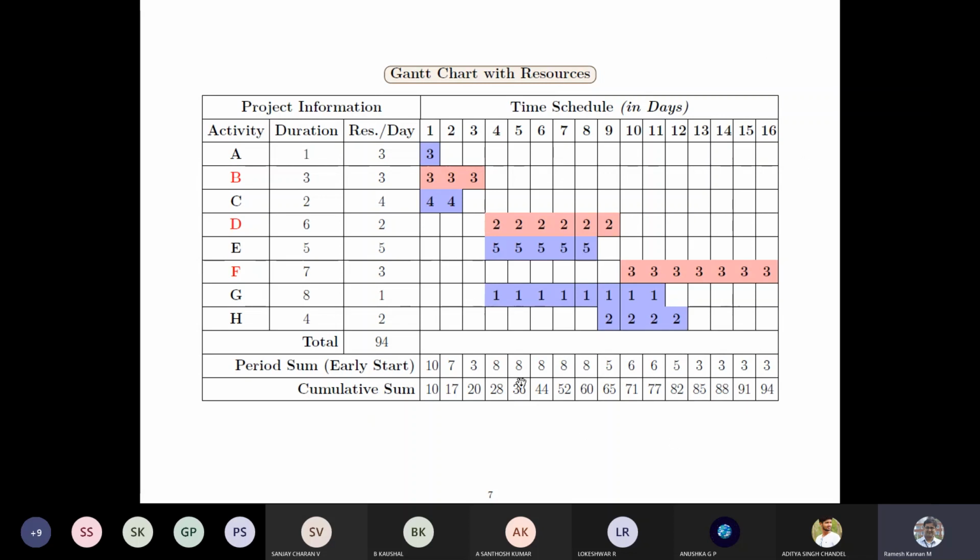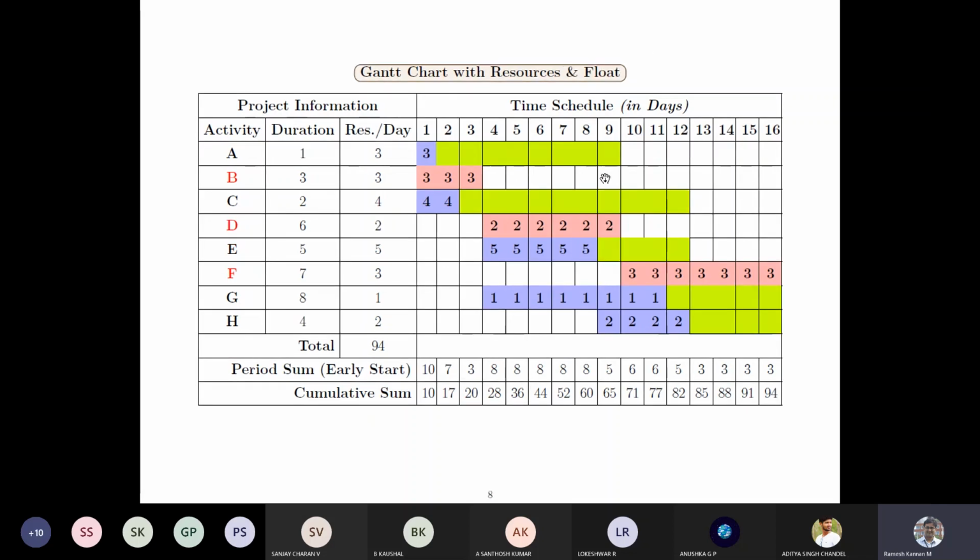So in this case, we have not given the buffer duration. If we give a buffer duration, then you can understand very clearly. In the next picture, we have given the buffer duration. The green color represents the buffer. Say for example, for activity A, we have 1, 2, 3, 4, 5, 6, 7, 8 days. Say this can be moved 8 days, but